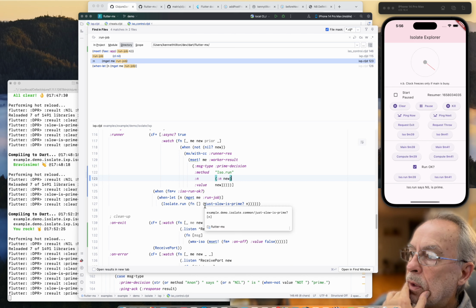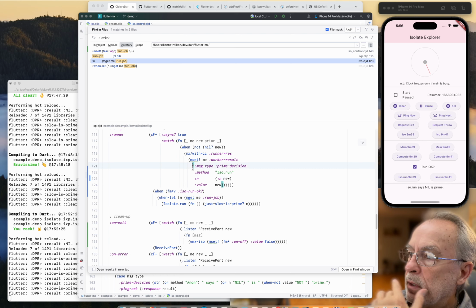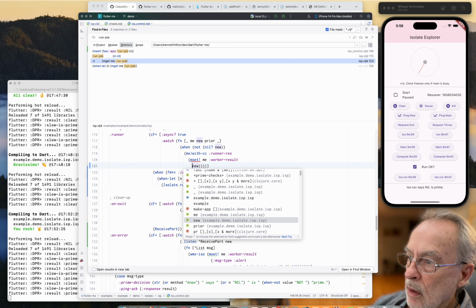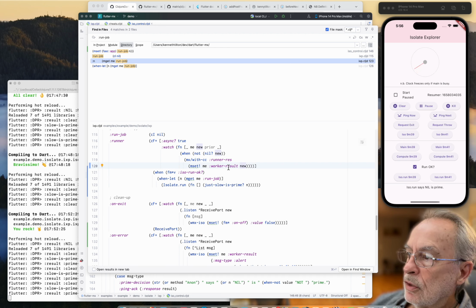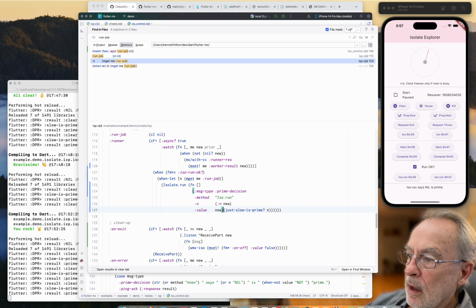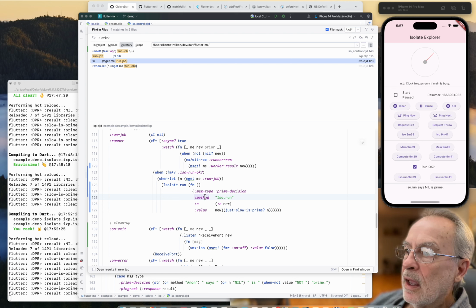So actually, let's arrange for new to come back. Oh, I should talk about that a little bit. This is the function that gets run in an isolate, and then the isolate gets discarded. So right here is the answer that's going to come back, and it's going to end up being the value new. Maybe we should talk about that too. Prime decision will be ISO run, n was same as was new, and the value is